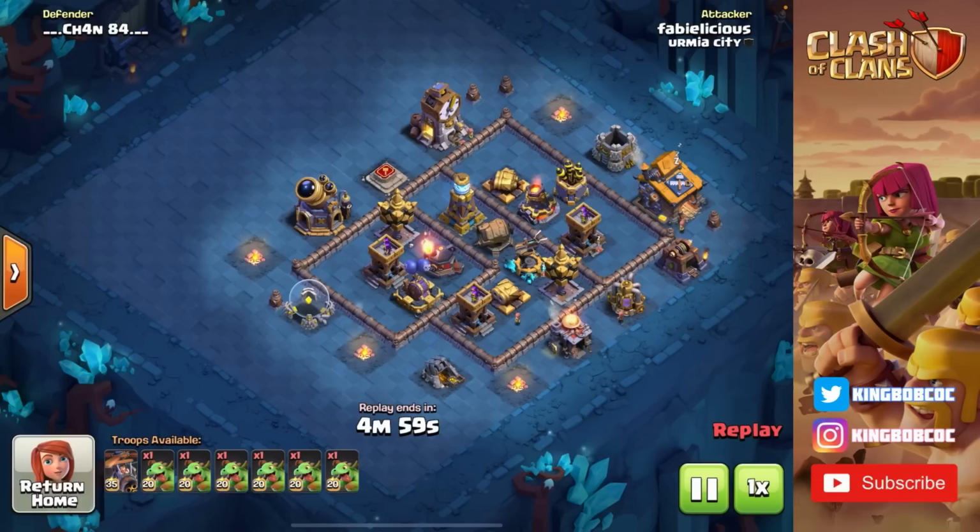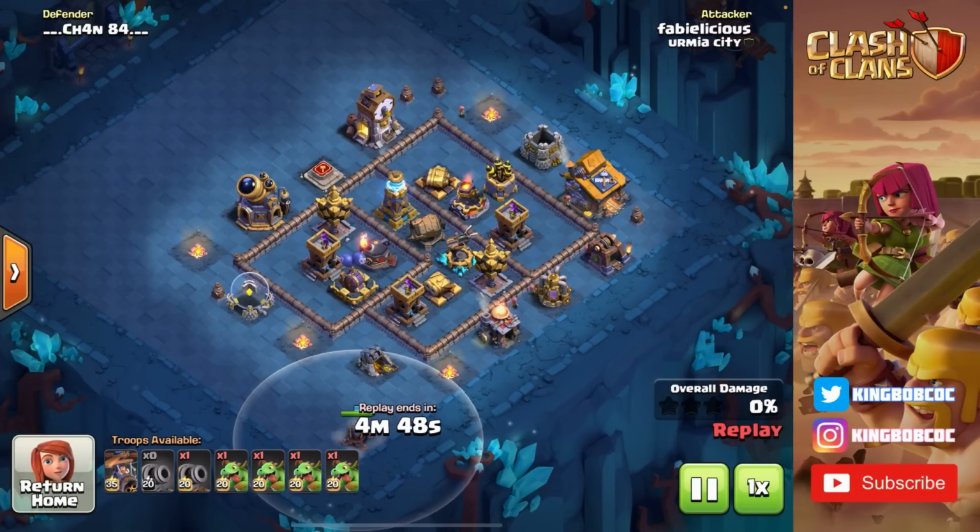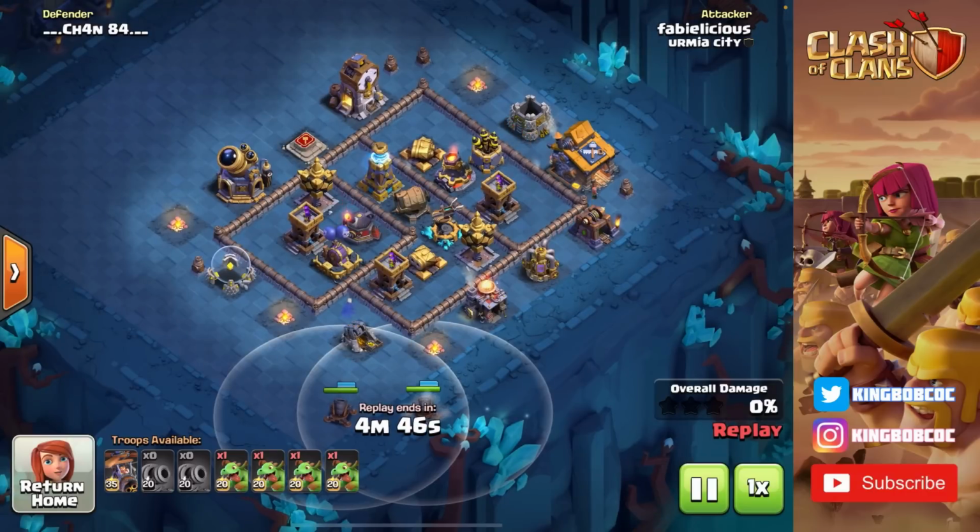Okay, next base, and Chan84. He's also a top player. He's got some high finishes, and last season he placed pretty high. I don't remember which place, but he was up there. So another good player. This will be a tough base, and we're going to see another baby dragon attack, but